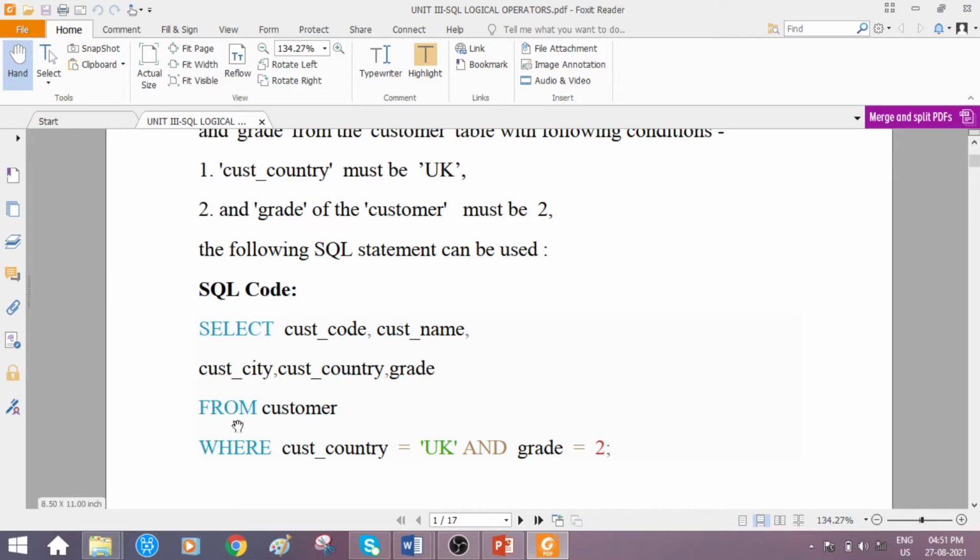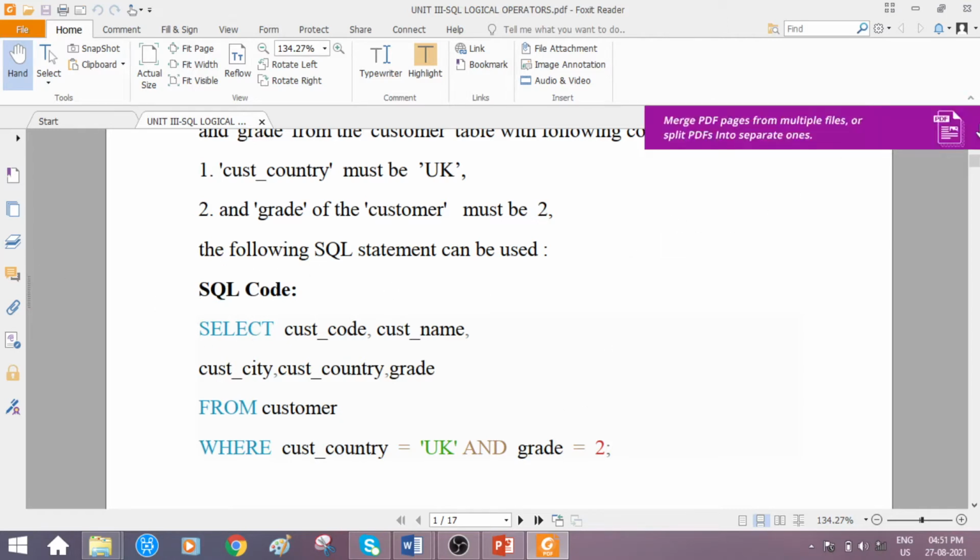And you are also finding the where clause. What is this where? This is actually used to specify the condition. What is that condition? They have given two conditions that have to be satisfied, right? So in order to mention those conditions, what do we require? Where clause is required. Okay, so select, from, where. These three are the keywords you find in this SQL query.